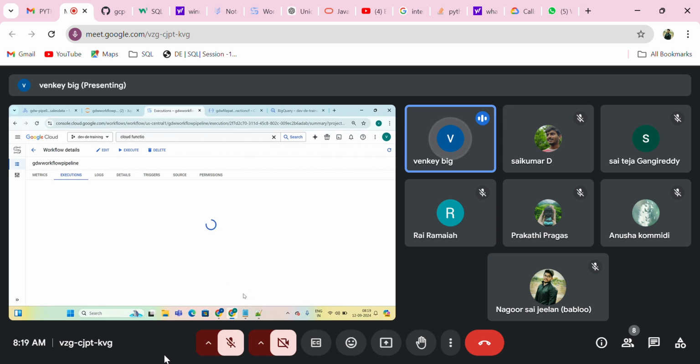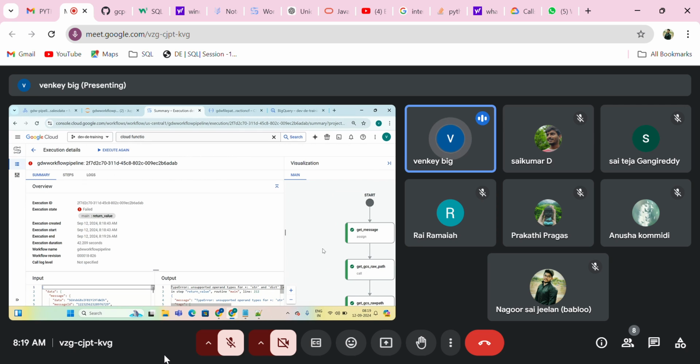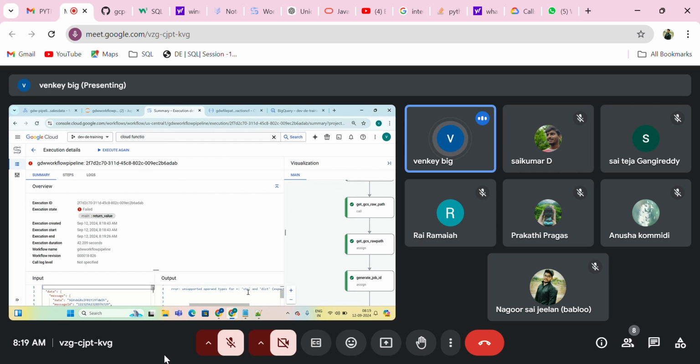So this is how you need to debug and fix things, guys. Because it's a very, very big YAML file, we may make some syntactical mistakes, or we may make a type error: unsupported operand types for plus, str and dict, expecting numbers or strings. Okay, so the problem with this is,